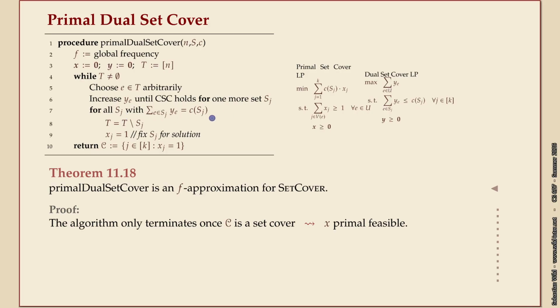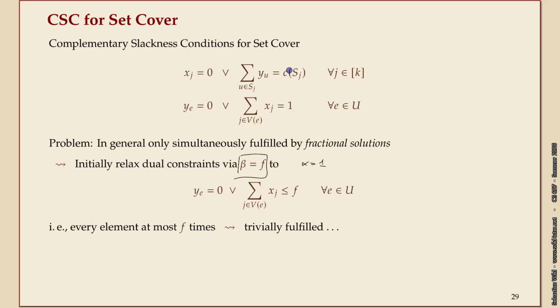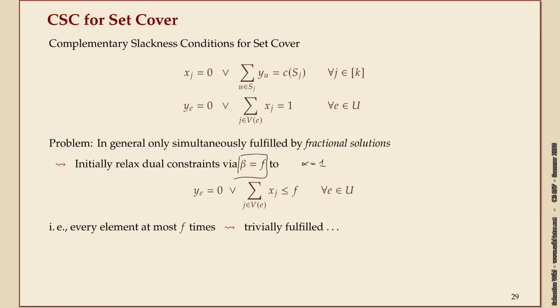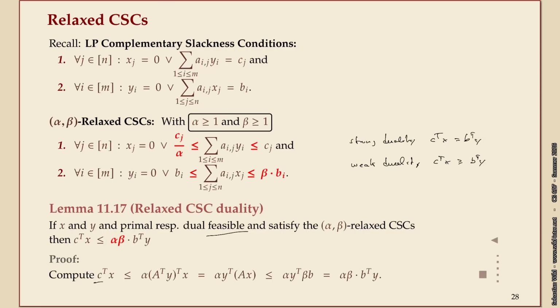So this is the first part of the complementary slackness condition. So if this part is satisfied, that means we no longer need x to stay at 0. Remember, we initialize x and y all to 0, which means